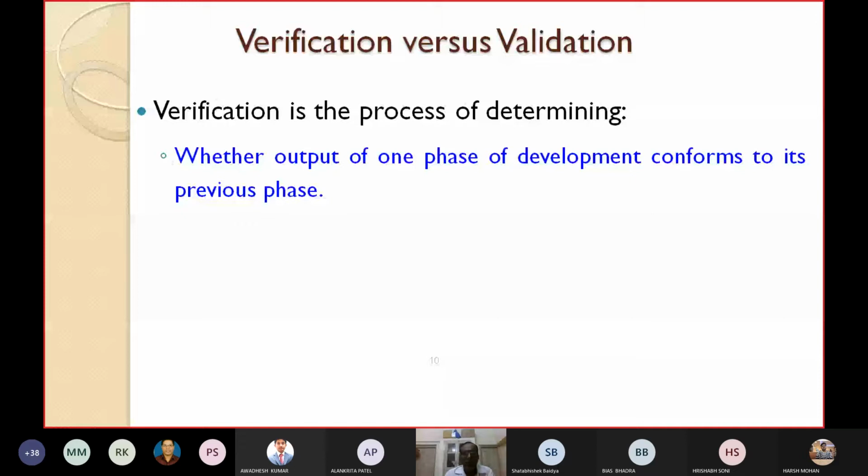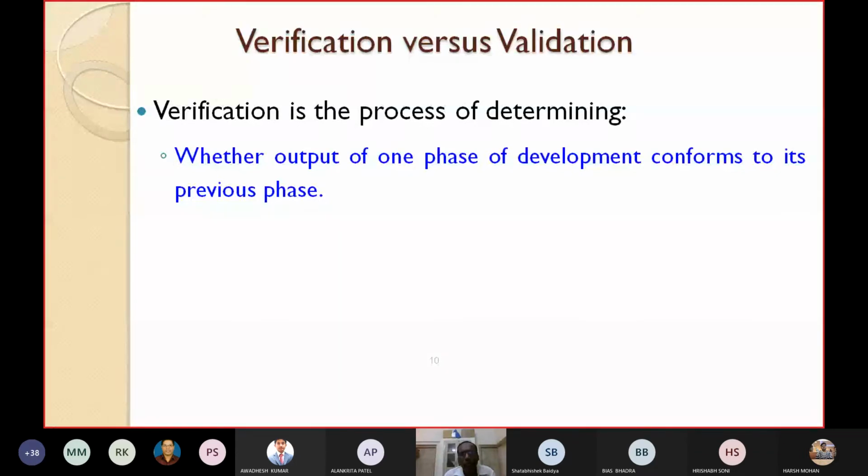So what is the output of design? The output of design is DFD documents, DFD diagrams or UML diagrams. What is its previous phase? Its previous phase is SRS, the requirement specification. What is the output of requirement specification? The SRS document. So what does verification say?